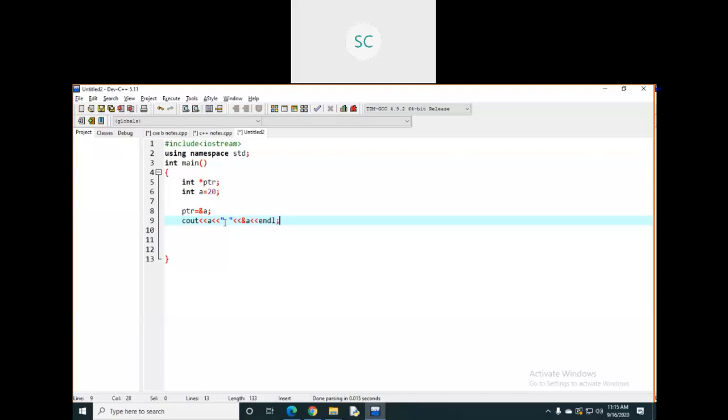In the next statement I will print cout star ptr. I will give some space, then I will print ptr now.